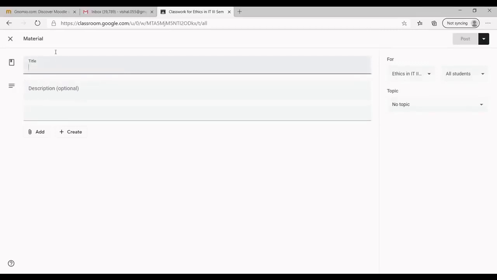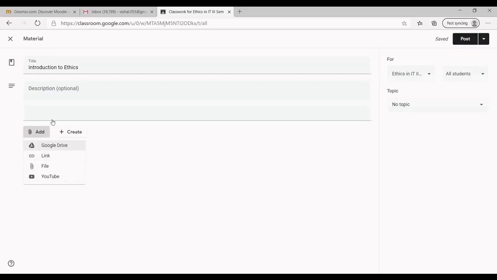Let's say I am uploading a PDF of introduction to ethics. Then I will click on the add button. Here we have 4 different options from where we can add material.